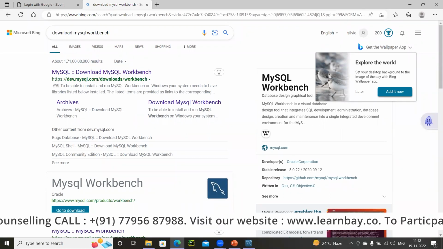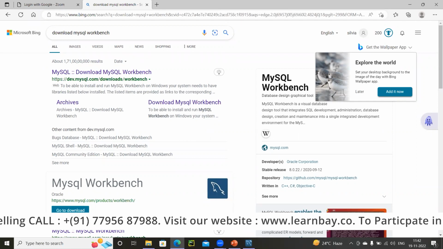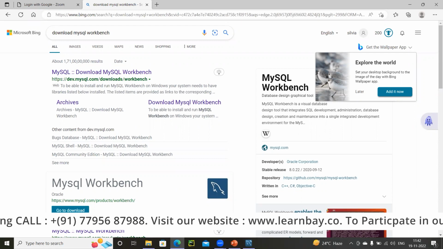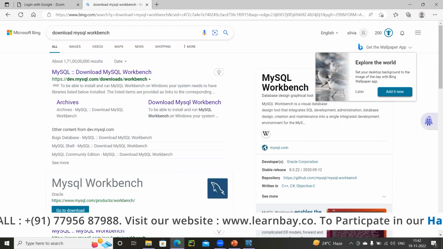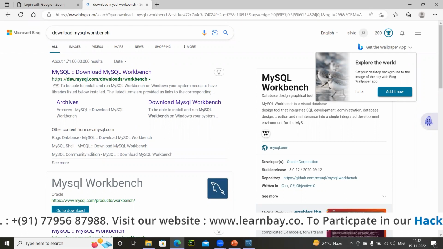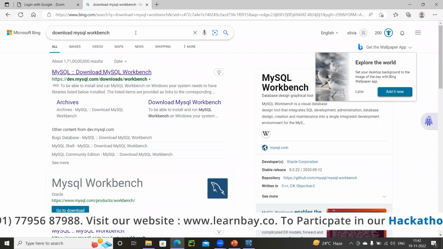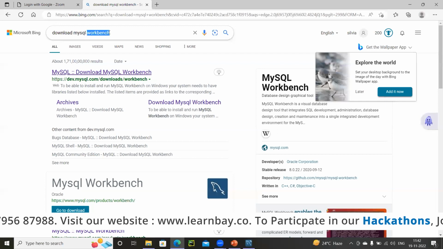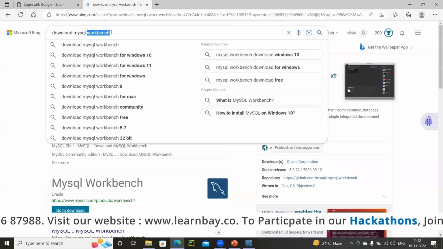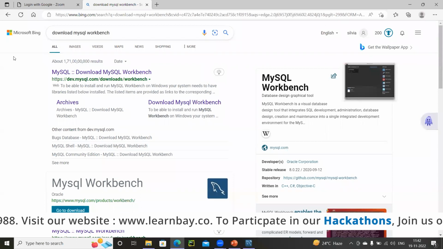I'm going to explain all these terms on top of an RDBMS called MySQL. If you have MySQL with you, great, you can go ahead with that. But if you are starting fresh, then please search for and download MySQL Workbench. The Workbench is basically the IDE that helps you communicate with your RDBMS.